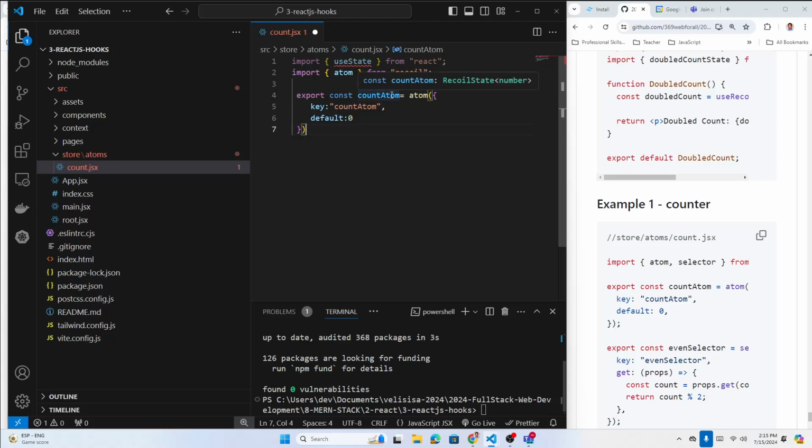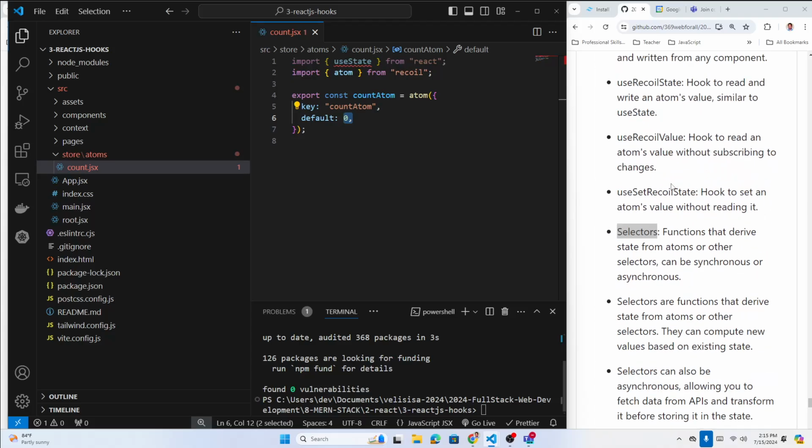Like const count equal to 0, right? So let us see how we can change this value. And then when this value changes, how will this render to our component? So we need to experiment with all those properties, right? Use